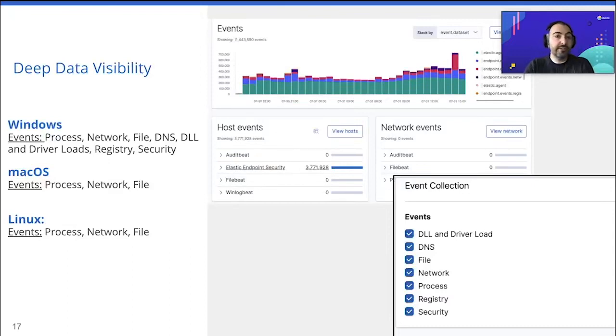But not only that, you get deep data visibility. When I say deep, we're doing process tree hierarchy. We're looking at process ancestry tree, DLL and driver loads, DNS, files. If you think about how long it takes to instrument each of these, this is Sysmon, this is maybe a packet capture. There's a lot of components you have to think about when trying to get visibility while doing adversary emulation. Plus, you've got the issues of different platforms, macOS and Linux. Normally people focus on Windows only, but there are these other operating systems, and the endpoint really provides that.